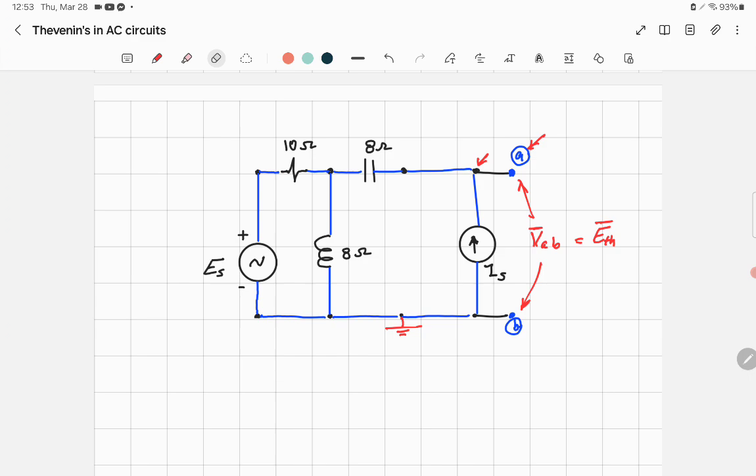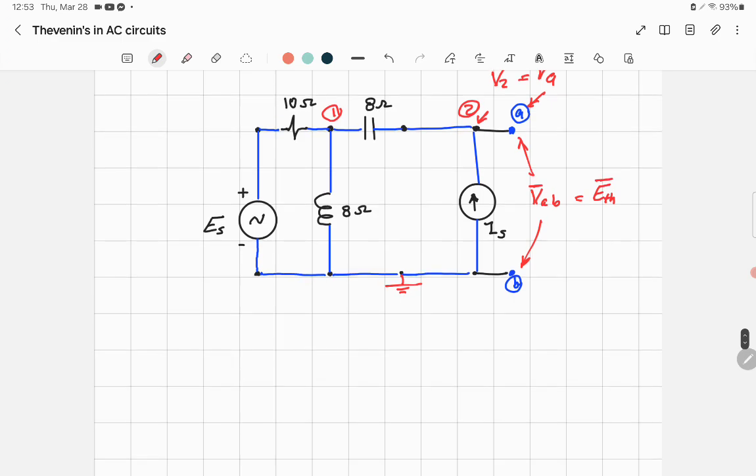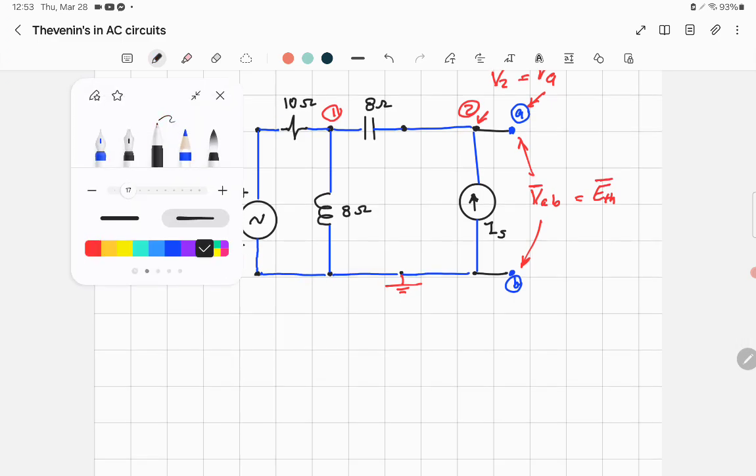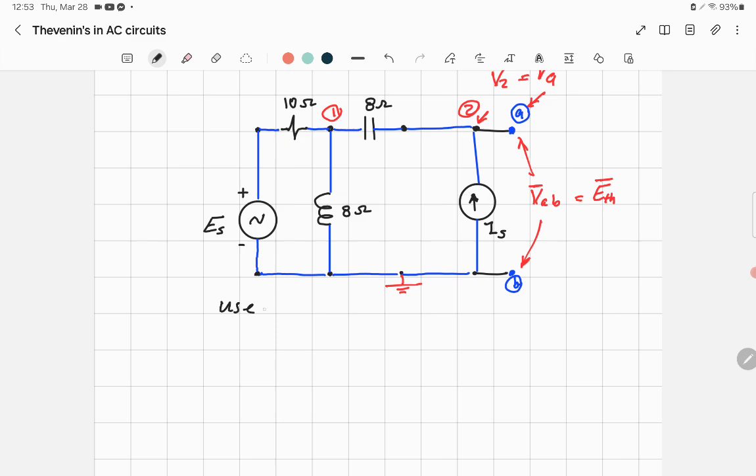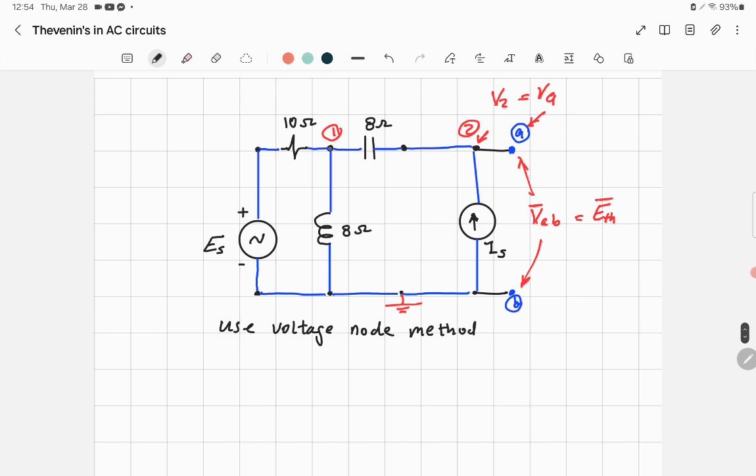So I want to find the voltage at this node. To solve this one, I would say this is node 1 and this is node 2. And so my job now is to find the voltage at node 2, because the voltage at node 2 is the same as the voltage VA. How to apply the node voltage method? You will say that the sum of the currents at this node should be equal to 0,